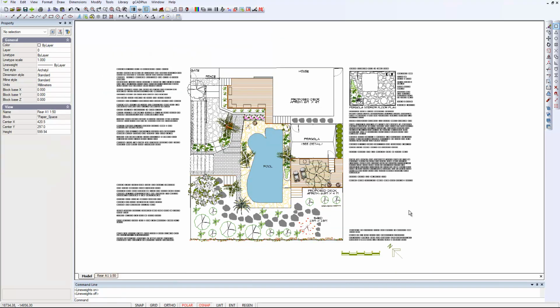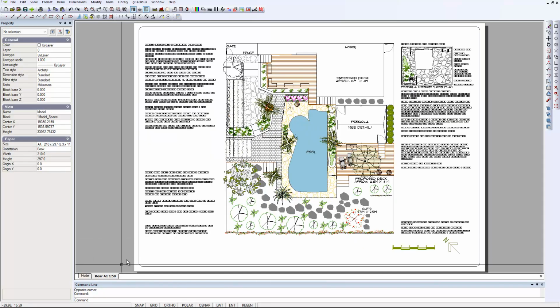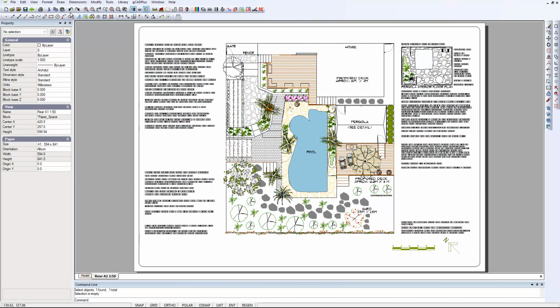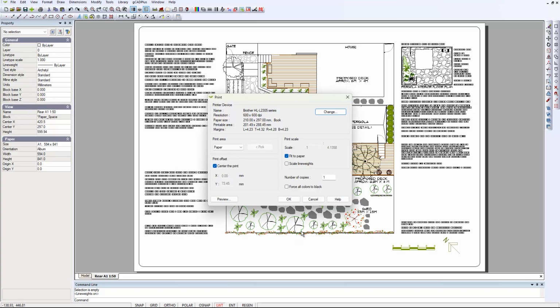Well, let's just run a test print to see, and we'll do it on the size sheet that we're intending to give to the client, and that is an A1 sheet. So here's our A1 sheet at 1:50. There's a floating viewport there with a view scale of 1:50, and it's set as a fixed scale, and we'll say File and Print, although before we do that we should turn line weight on. So we'll try again, File and Print, and we don't want to,